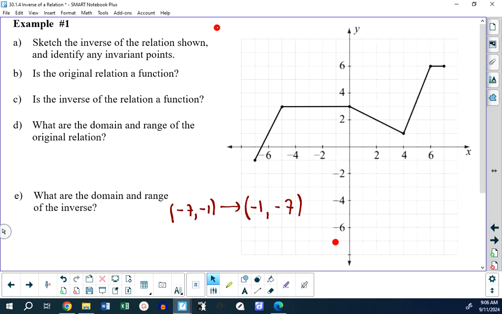And by the way, when we do finally find out what's happening in terms of a big picture to the original graph to get the new one, I still recommend doing this to plot the new graph. Okay? So again, if you need to write the numbers down, write the numbers down. I'm not going to. So we take the next point, left to right is just the way I choose to go. It's at -5, 3. I swap those numbers and it becomes 3,